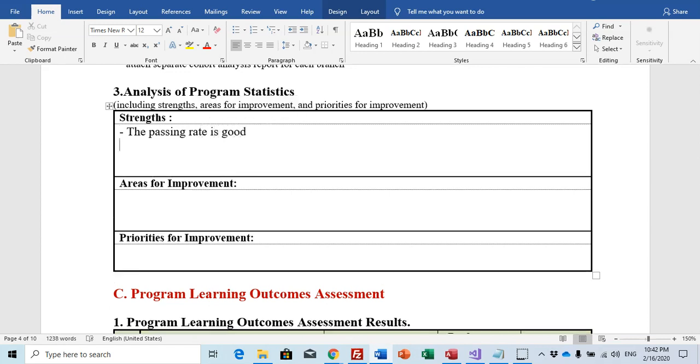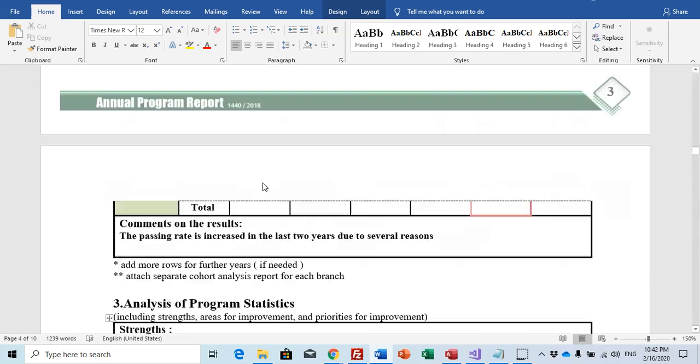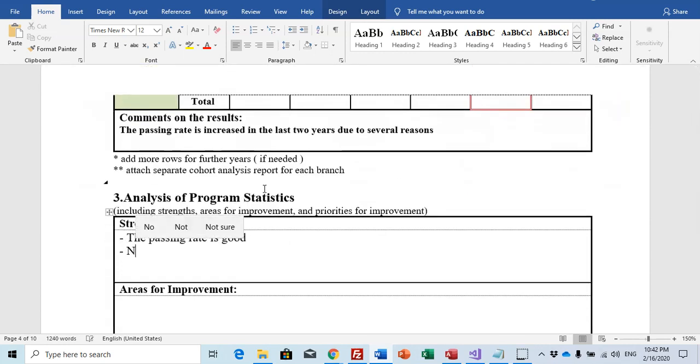You can write, for example, the strength that the number of students increased during, for example, the last 3 years.